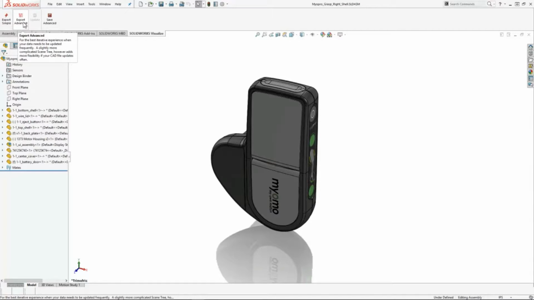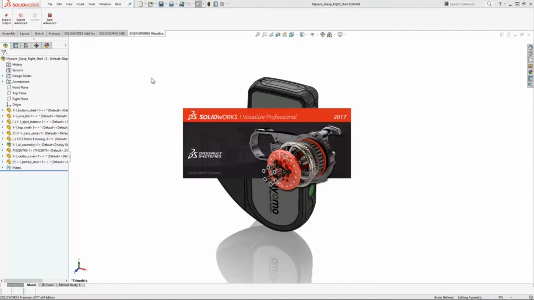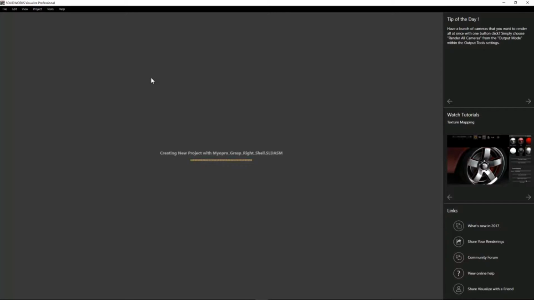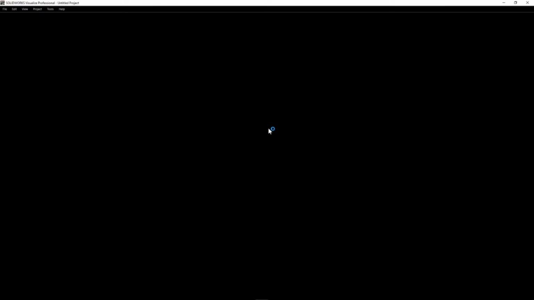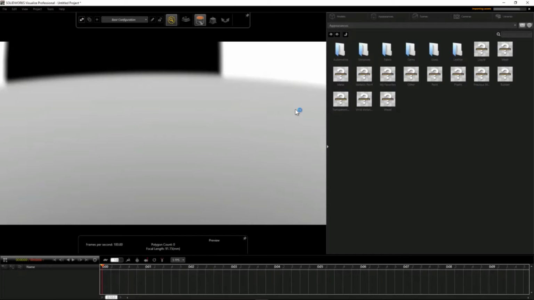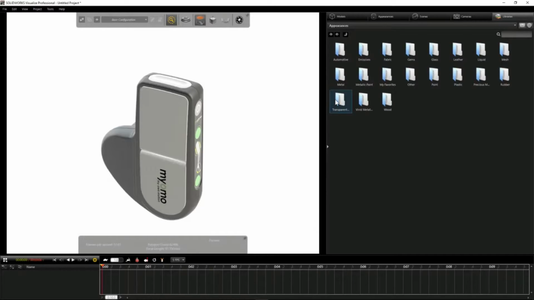The other option that we have is the export advanced option. This export advanced option has a couple of additional benefits. First of all, it's going to export each part as individual parts, so when you make changes to a color, they're going to act as they normally do inside a SOLIDWORKS environment. And the second and most important thing is that if there's any updates within the model,